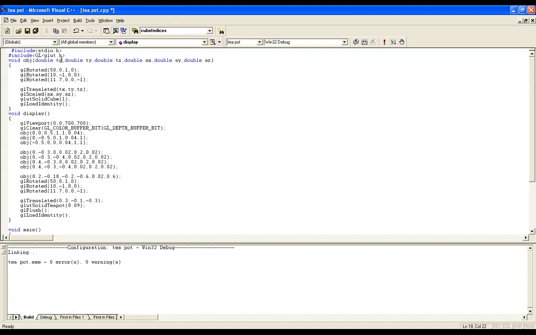It is nothing but tx, ty, tz. What is this tx, ty, tz? tx is translation x, ty translation y, tz translation z. In axis, it is telling tx translation in x axis, ty translation in y axis, tz translation in z axis.